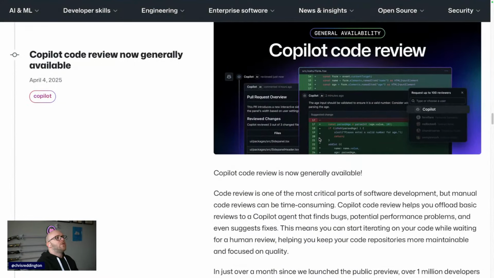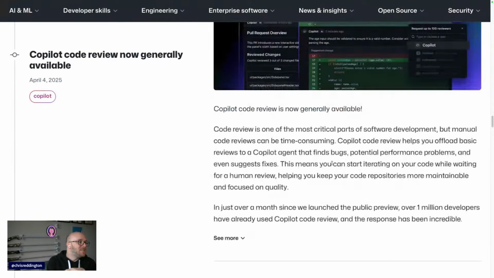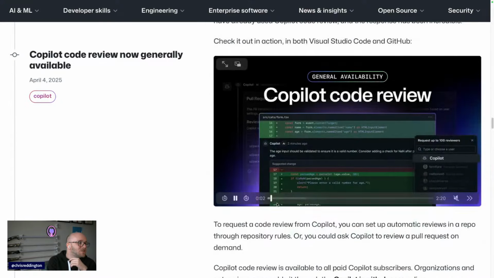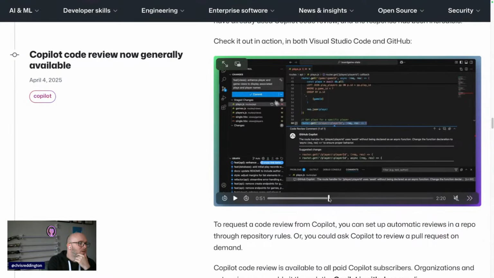And Copilot Code Review, if you've been using that in your pull requests, is now generally available as well. So it really was a big news day on Friday in terms of all of the releases and things going on. Maybe we'll get a chance to go and see that in action a little bit. But you can see there's a couple of ways that you can use Copilot Code Review.